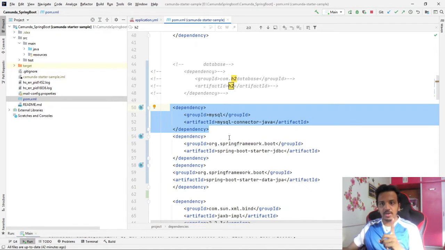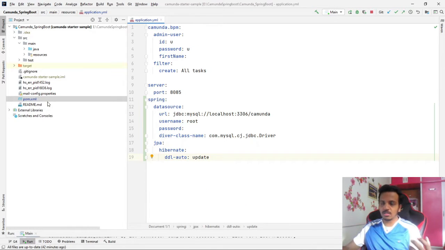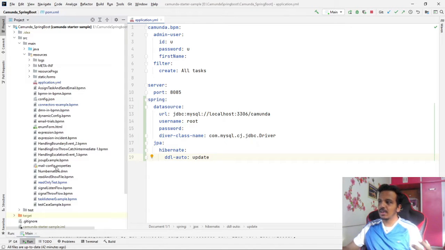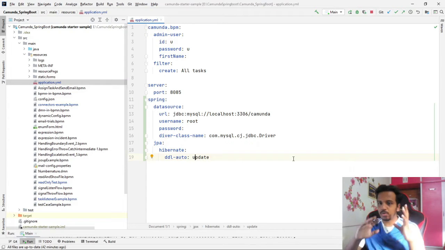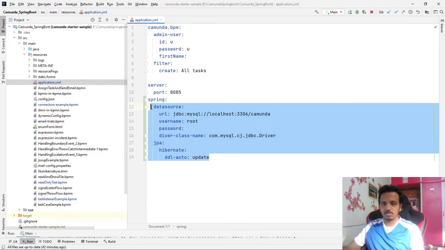That's it. So here we did one change, and the second change is, if you see the structure, we have src, main, resources. Here you'll have one file which is application.yml. I'm not talking about environment specific files or anything because that is out of scope. application.yml is not a custom file, it is an inbuilt file. Here just give the properties. We have other methods of connecting to a database, but this is one of them.